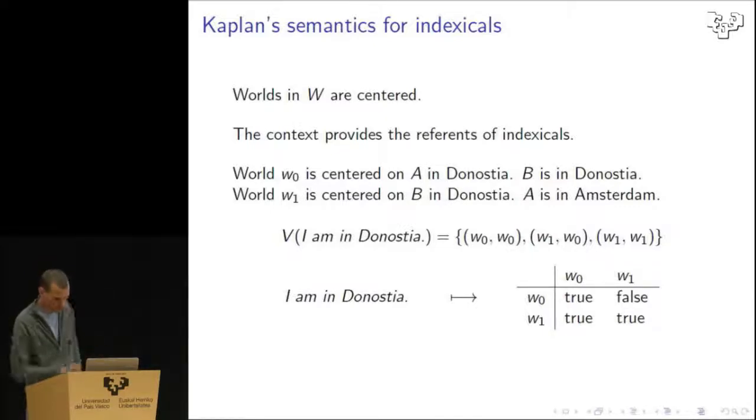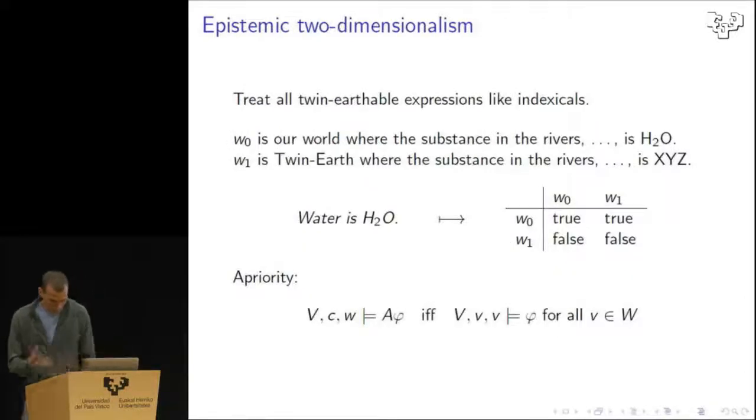Okay, so this is Kaplan's two-dimensional semantics, and the basic idea there is that the context just fixes the reference of indexicals, and that is really all that it does. And then I will come to one first kind of extension of this, which is now a different